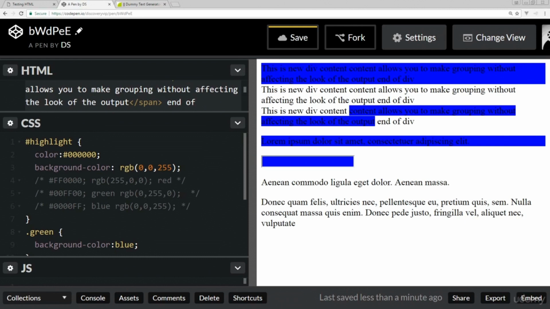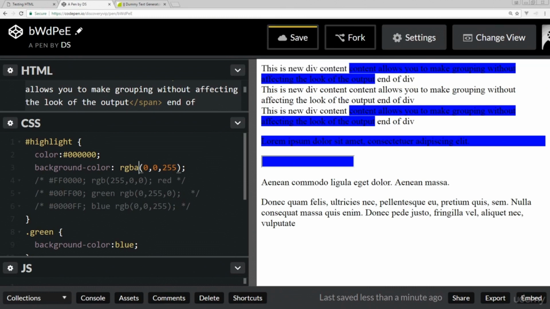And so there are also even more options with RGB. So there's what's called RGBA. This is supported in most of the newer browsers. Some of the older browsers don't support RGBA, so sometimes you've got to be hesitant if you're using it. If a large portion of your traffic is coming from older browsers, then you might want to steer away from using RGBA. But if you are just looking to use standard, newer browsers, you specify it by RGBA,